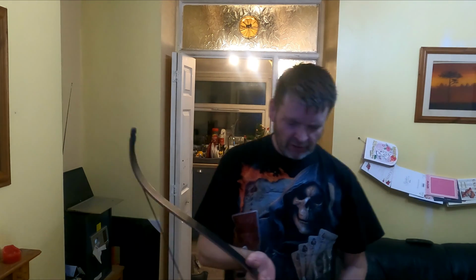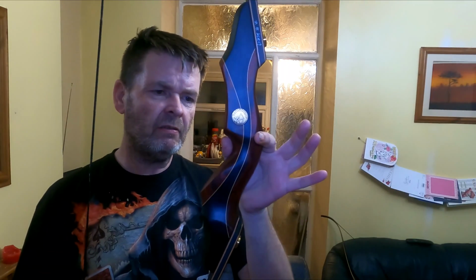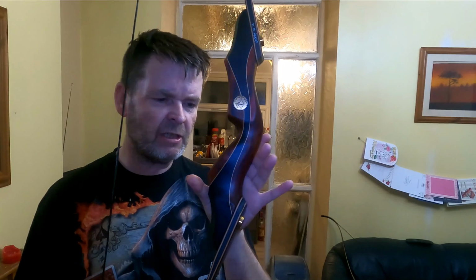So we're going to check it now with the Delux bow. Okay, so as we bring it up, the handle is more sharply defined. It is much more clearly defined. So the handle, let me find my brace height. No, can't pull it. So that's the difference between a £40 and a £45 bow. With my back at the moment, I can't pull it, so I would have to put the lower poundage limbs on